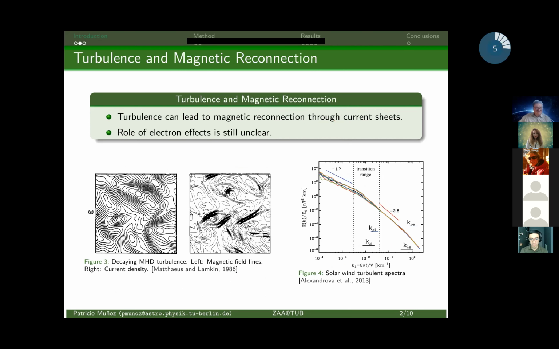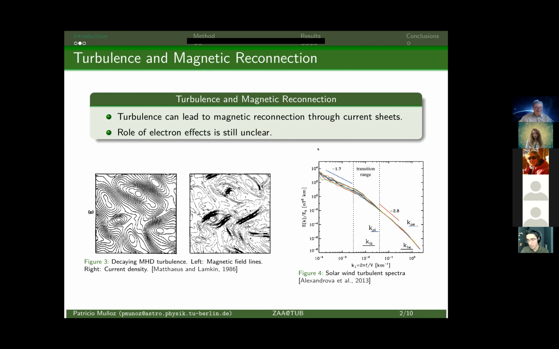And in contrast to the previous slide, turbulence can also lead to magnetic reconnection through current sheets. In the left panel here, I show a relatively old simulation from the 80s. This was a magnetohydrodynamic simulation of decaying turbulence, showing already the formation of current sheets. Those current sheets were formed at very large scale, so the thinning process is mainly controlled by numerical dissipation or numerical resistivity. But we know from